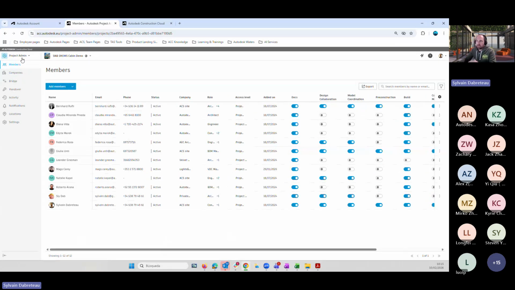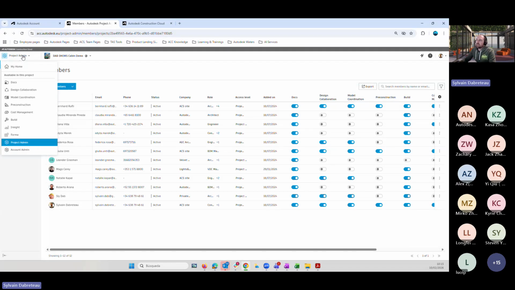So project administration. So we go through this navigation here, and we have on the top left what we call the module picker. So I am in my project. I have set up my project administration. Next step would be to set up Docs, because it's the project core point of information. So I will be working on Docs. Then I will set up collaboration. I will set up coordination.